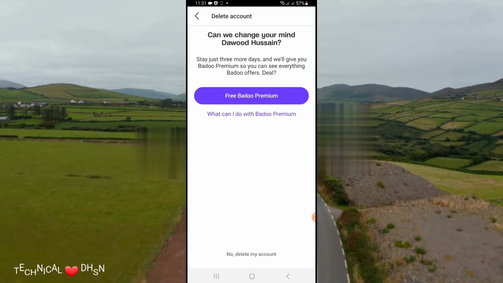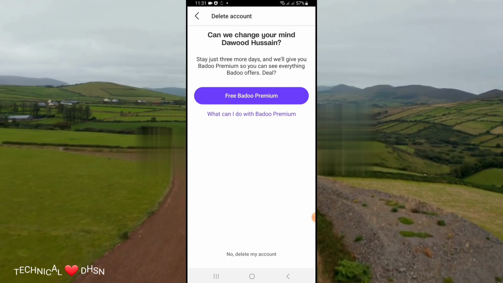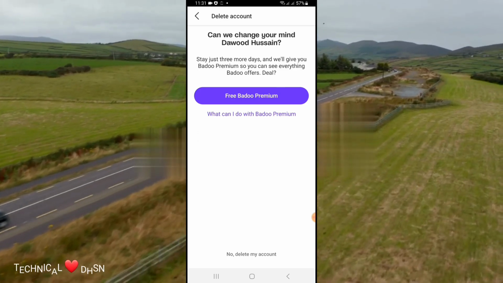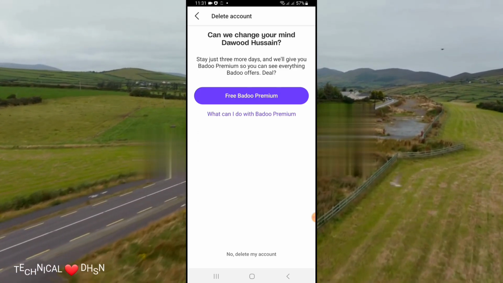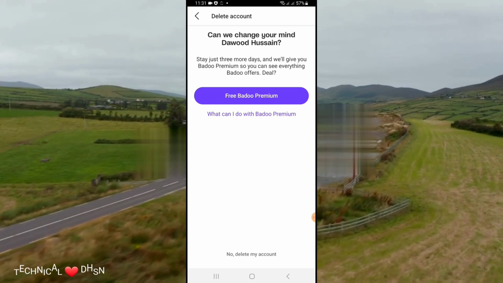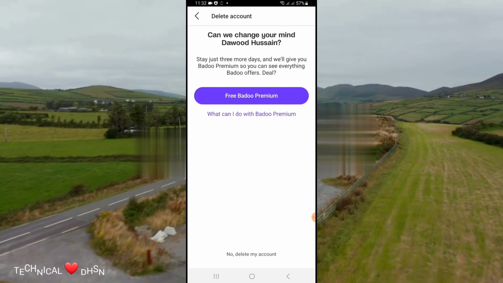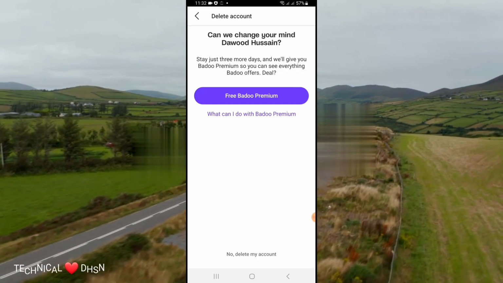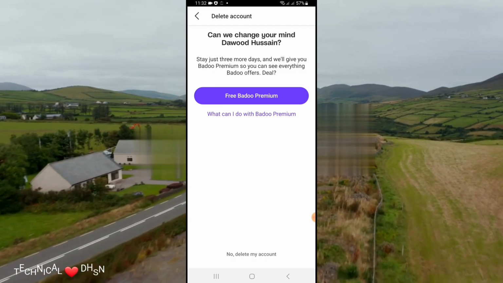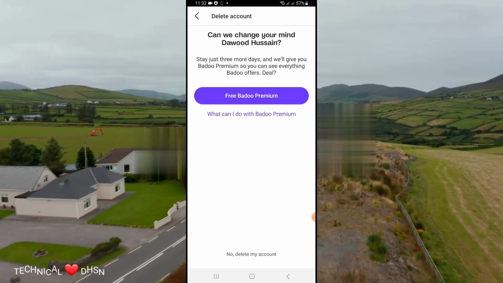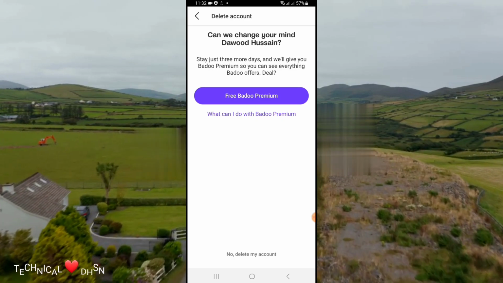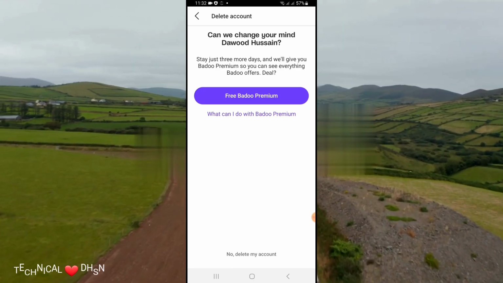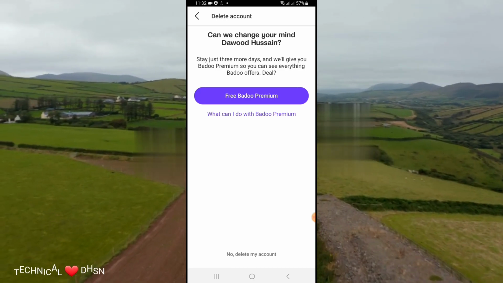As you can see, a message has popped up. Free Badoo premium. Badoo is offering you, don't delete your account. Stay just 3 more days and we will give you Badoo premium, so you can see everything Badoo offers. It means that you can use Badoo for free for 3 days only. So you can make many IDs, like in one ID you spend 3 days and create another account for 3 days, just like this, and use it for free